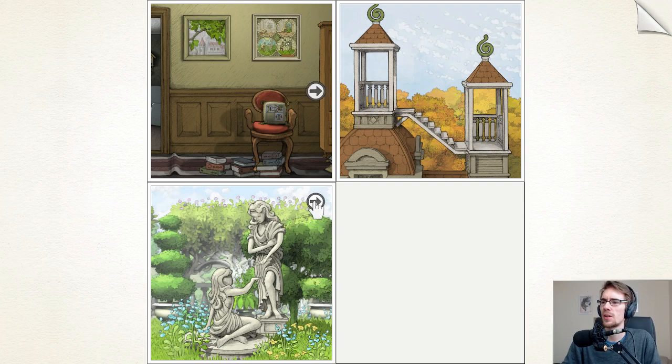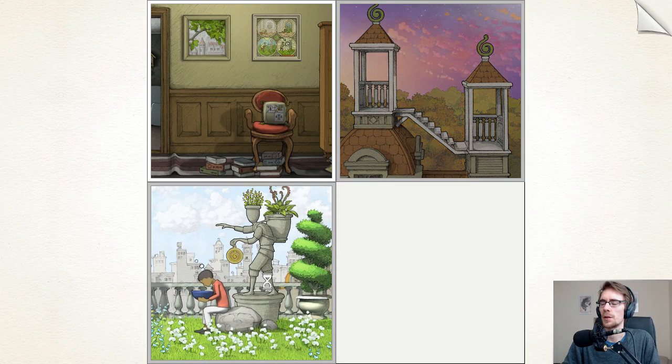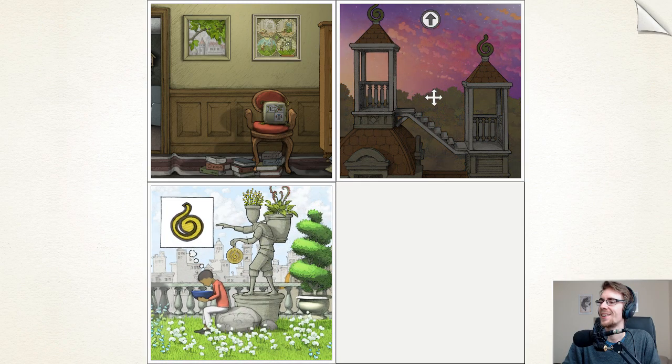Okay, so let's follow the kid. Okay, man. Oh, it's gone to dusk here. Man with plant in head says the yellow fruit is in that direction. Sorry, if I click out of the game, the music stops, unfortunately. This is madness, isn't it? Okay, so